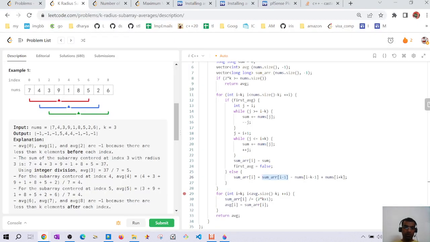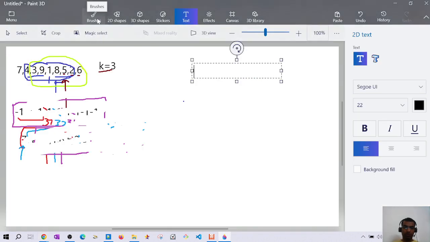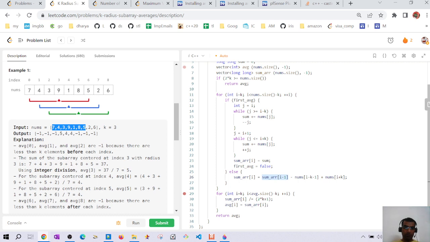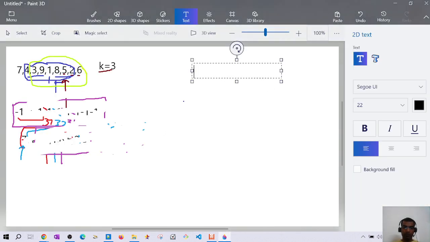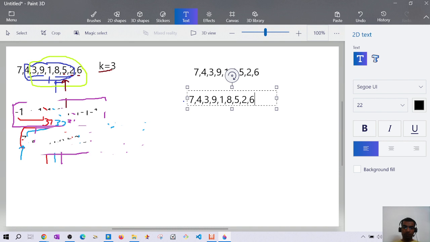So this is our array, right, and we will have a sum array which is equal to minus 1, minus 1, minus 1, and for 9 we'll have